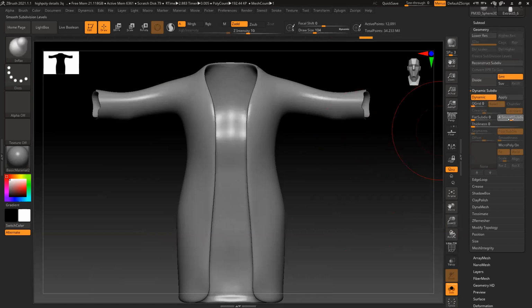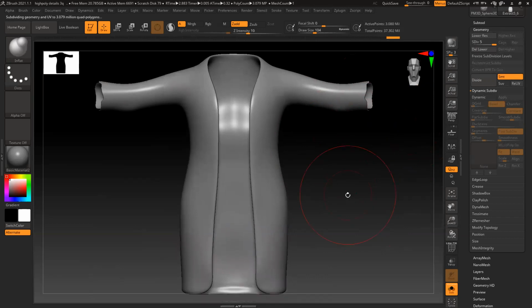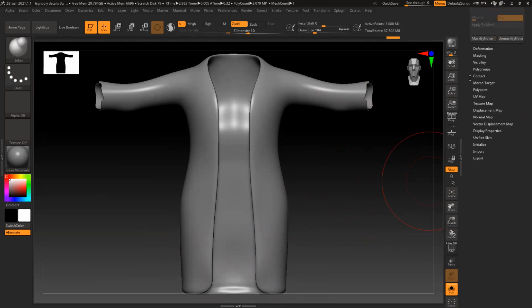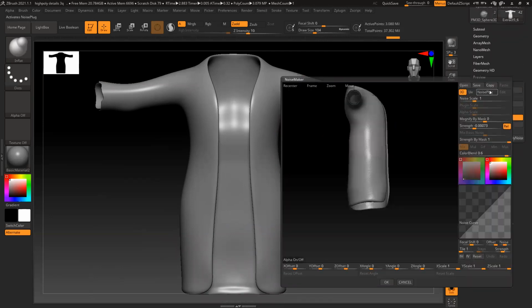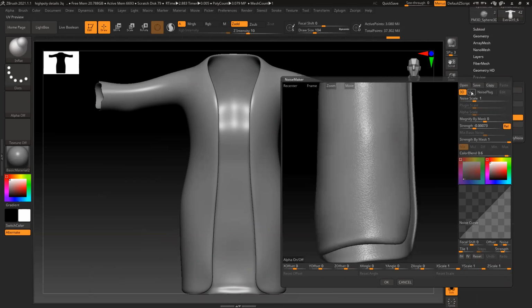This is by default 2. I can make it 4, 5, then apply it. It gives me 3 million polygons. So I have UV already. So let's go to surface, noise, zoom. The side is giving you a problem. So make sure